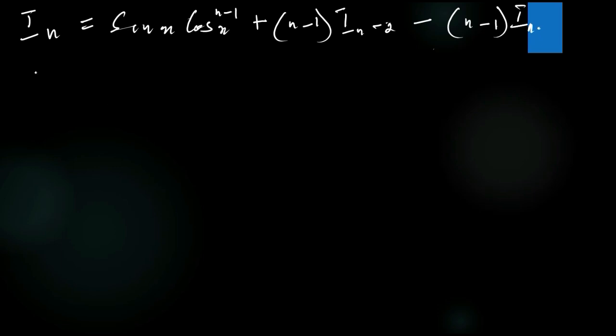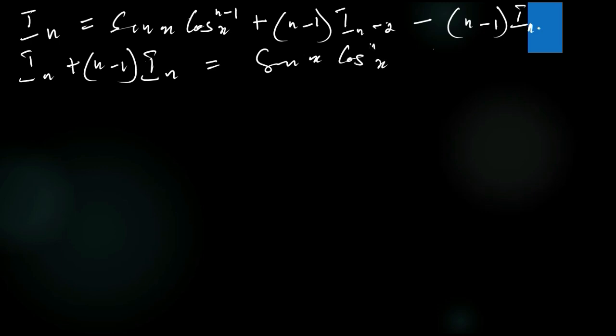Now let's call it that, like that. So that I_n plus n minus 1 into I_n will be the same thing as sine x cos x raised to power n minus 1 plus n minus 1 I_(n minus 2). Now if you expand this, I_n into n, this is this, then minus 1,